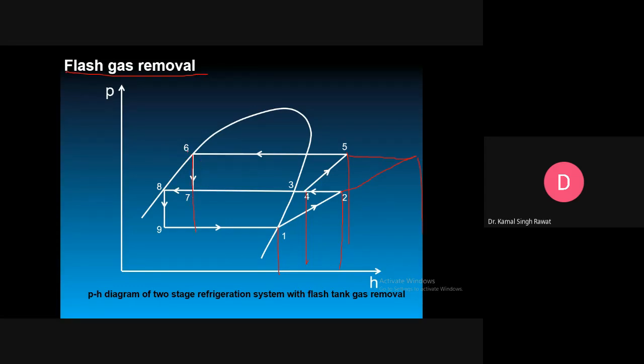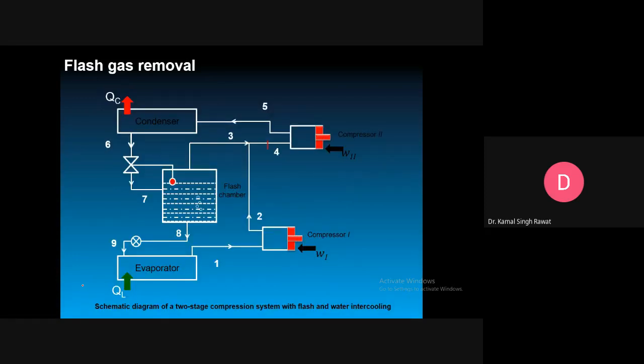If we use the single system, our process is 6 to 7 like that. So again, we have a benefit: our refrigerating effect is also increasing. So our refrigerating effect is increasing, and our compression work is reducing when we are using a multi-stage system. So these systems are better than the single stage system when we have to achieve low temperature refrigeration effect.